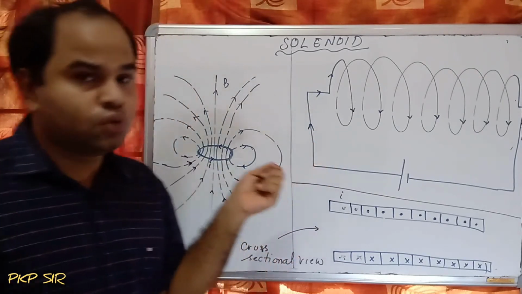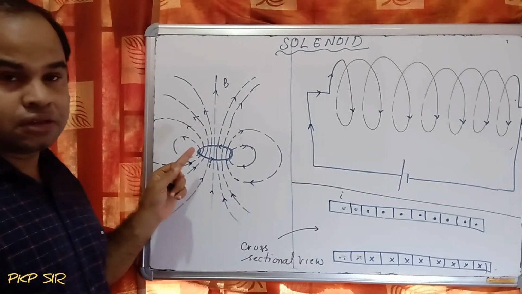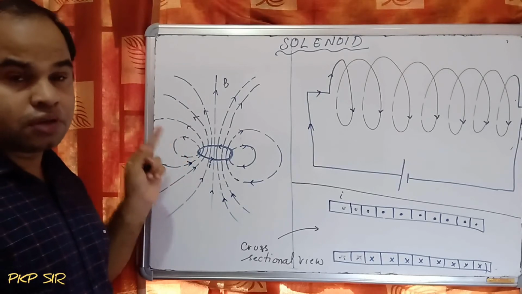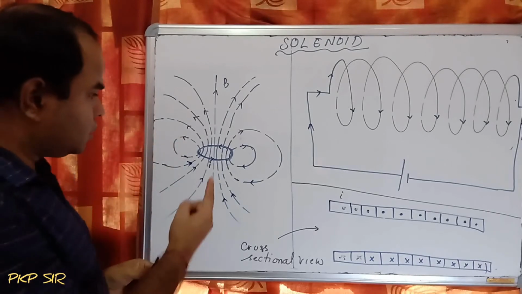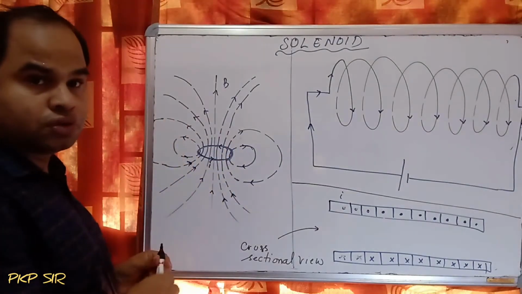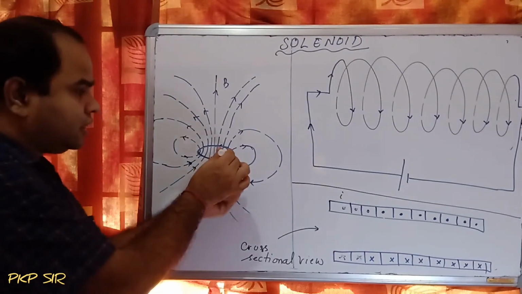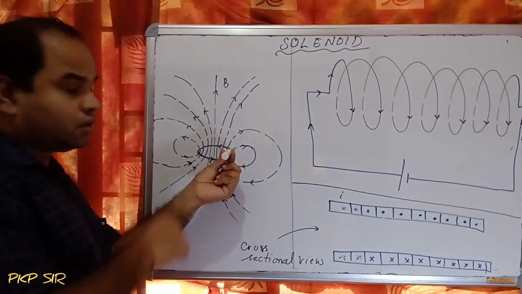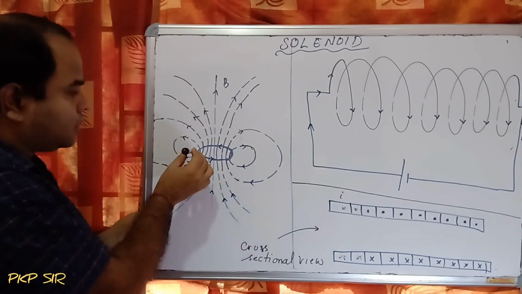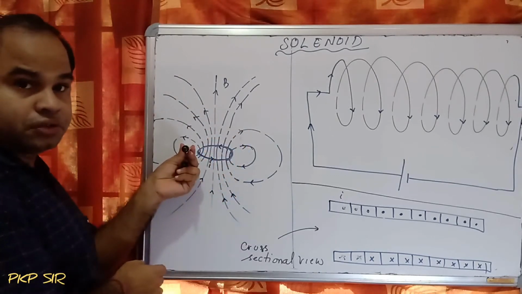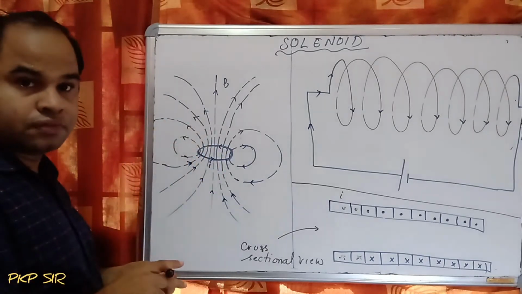If we take a single loop, the magnetic field produced by the current loop or circular current carrying conductor is shown in this figure. The current is in the clockwise direction. So if you see this portion, the current is in inward direction. If the current is inward, what will be the magnetic field? That is clockwise. At the other place the current is outward direction. So what will be the magnetic field? That is anti-clockwise. Okay.